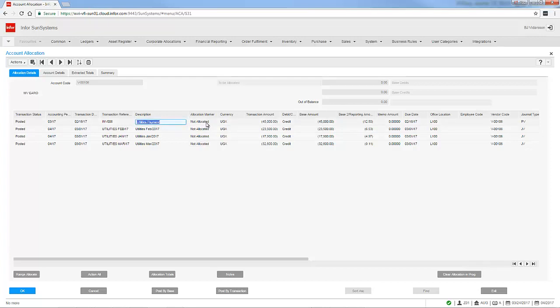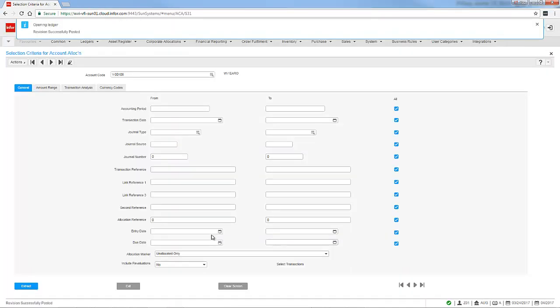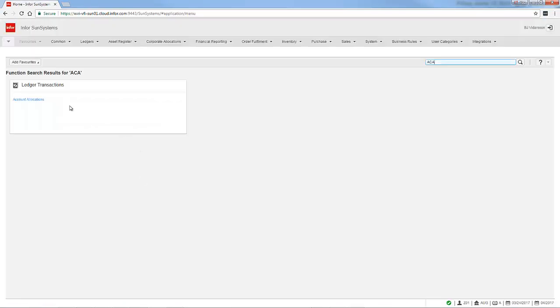So what you do is that you simply place it on hold. So by changing the allocation marker, you click on the allocation marker drop down, select withhold, and then you simply post that change, and that will place that invoice on hold. So if we now exit out of here and do our payment run,